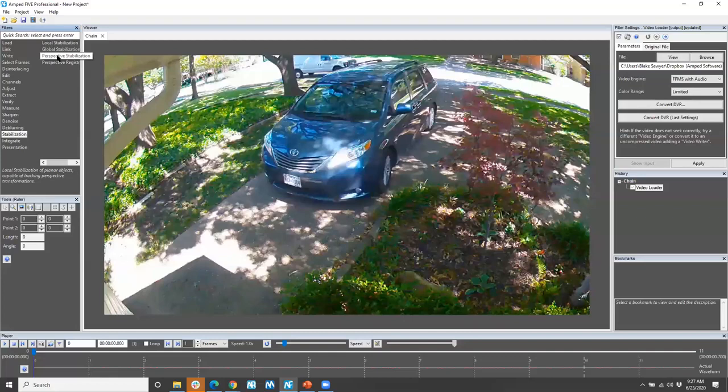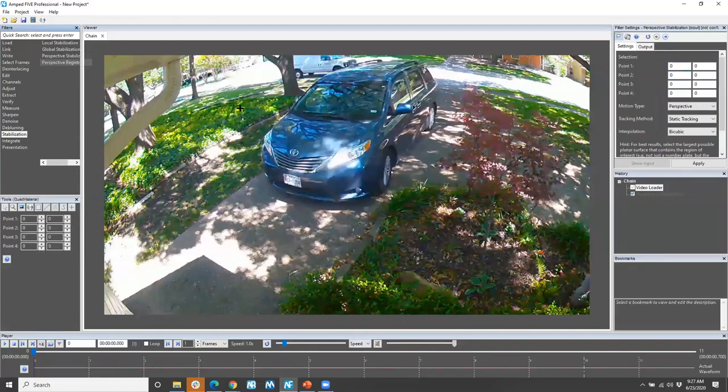Here I'm going to use perspective stabilization, which is one of the newer methods of stabilization inside of 5. I'm going to draw a box around something that's in the same frame of video. I'm going to give the software a little bit more than just the license plate so that it sees a few different points of contrast. It's able to track a larger thing other than just a white box. And now when I hit apply,